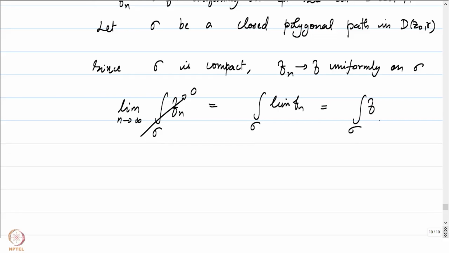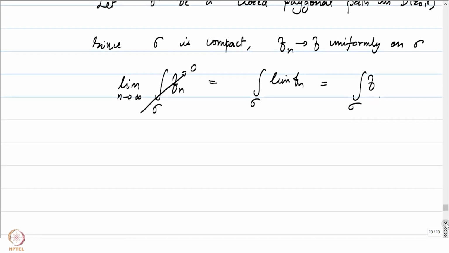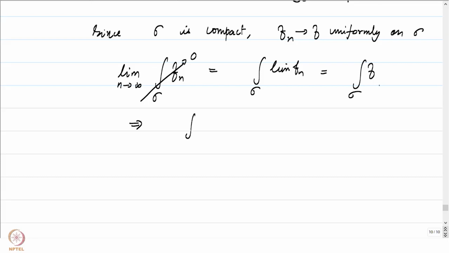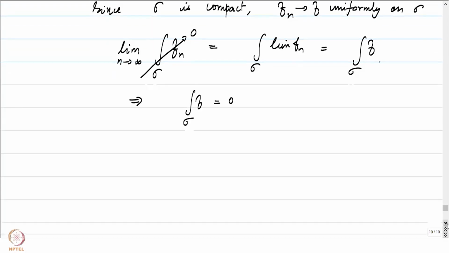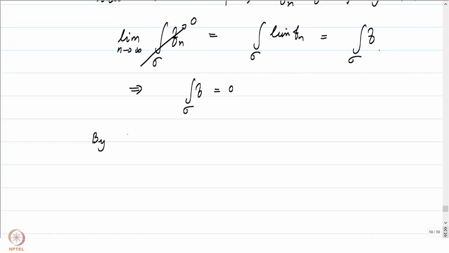This is a convex set, simply connected. Every closed path is going to be null homotopic, and by Cauchy's theorem, the integral of fn is going to be 0. And this tells us that the integral of f over sigma is also equal to 0 for any closed polygonal path in dz0r. By Morera's theorem now,